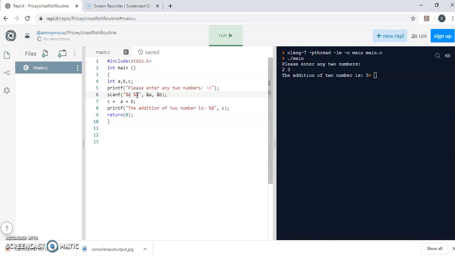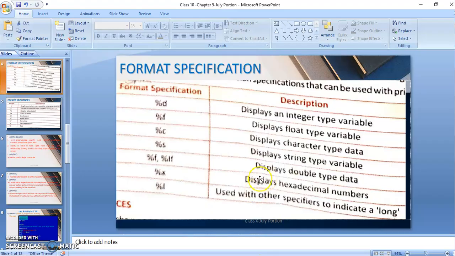Instead, if it was a floating value, then we would have given %f. If it was a character, then you would have used %c. If it was a string, I would have used %s. So these are the format specifications. On page number 44 in your textbook, the same table is available.